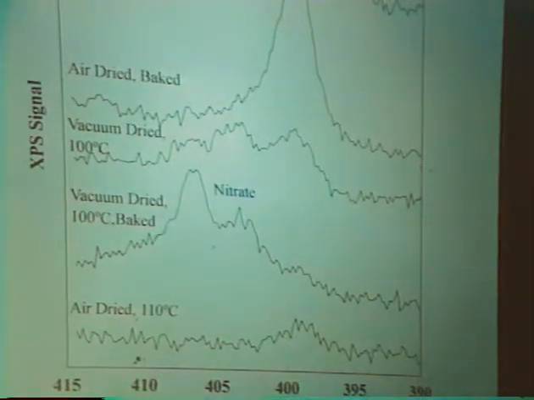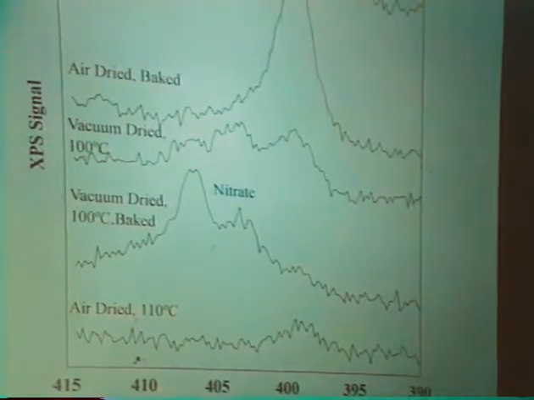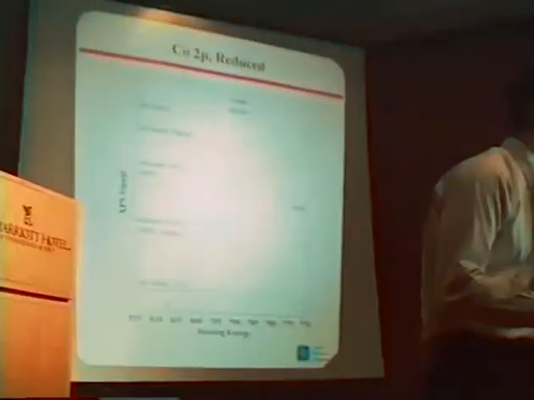If we go ahead and vacuum anneal these samples up to 400 degrees C, we don't see any change in the cobalt 2p or the nitrogen 1s features, except for the sample that was vacuum dried and baked, which I told you about earlier, where we see the shift in binding energy back to a charged position that's assigned to the agglomeration of the cobalt silicate. If we follow the 400 degree vacuum anneal with a 400 degree